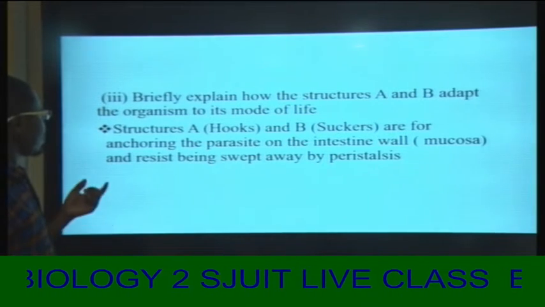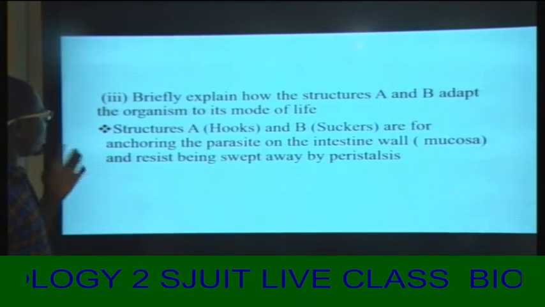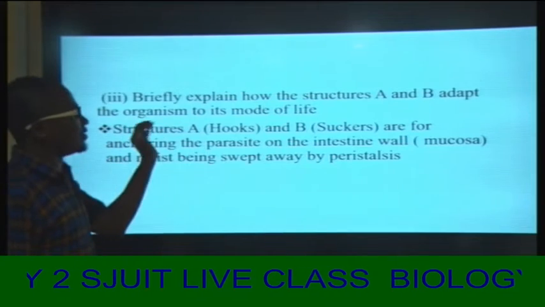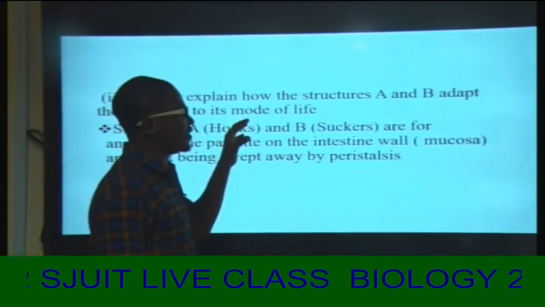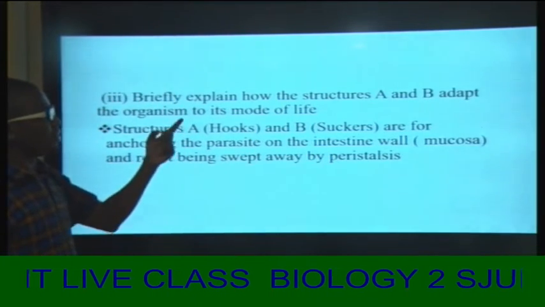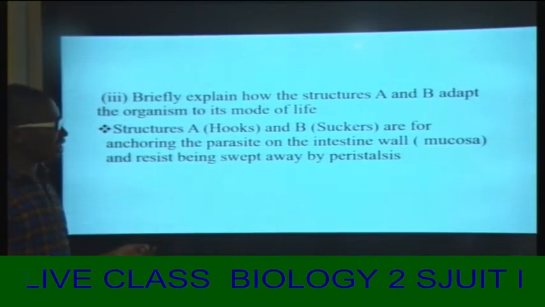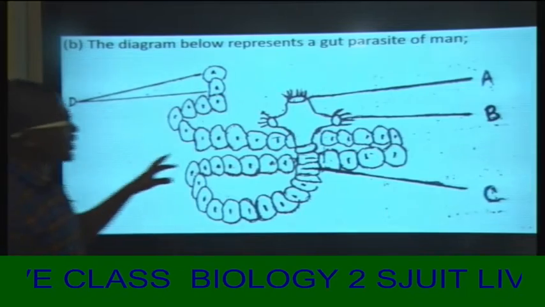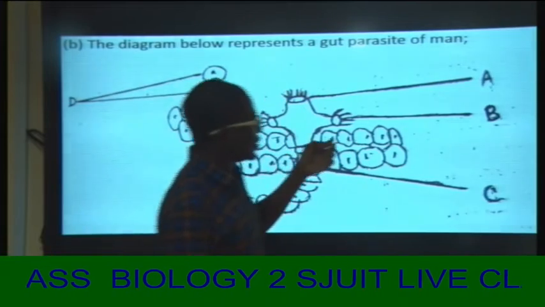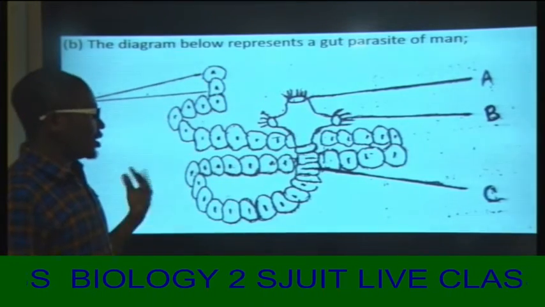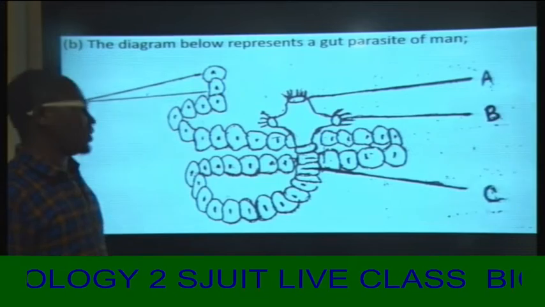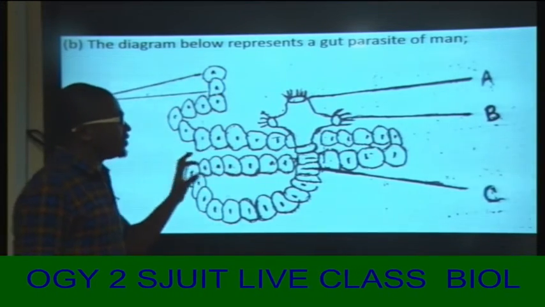Question 1B, Roman number 3, requires us to briefly explain how the structures A and B adapt the organism to its mode of life. Let us see the diagram again. Here we have the structure A, that is the hooks, and the structure B, that is the suckers. So how do these structures facilitate these organisms to adapt to their host? Remember that these organisms are parasites,